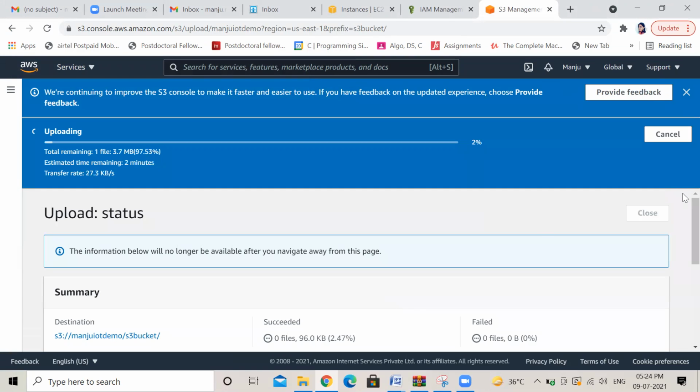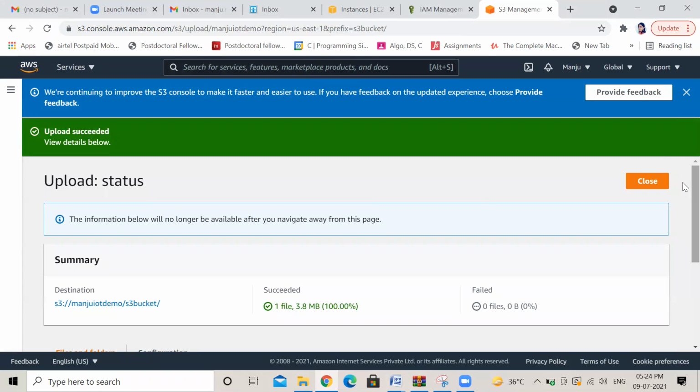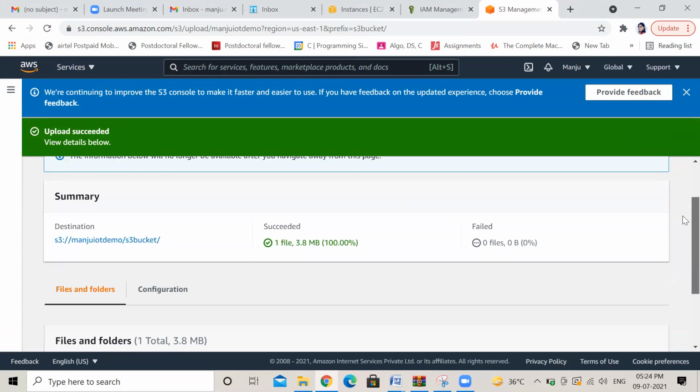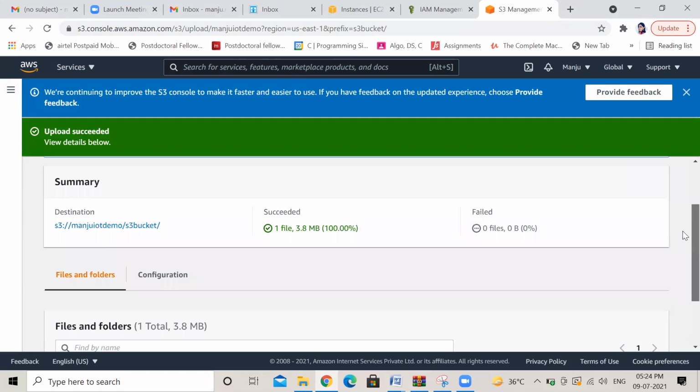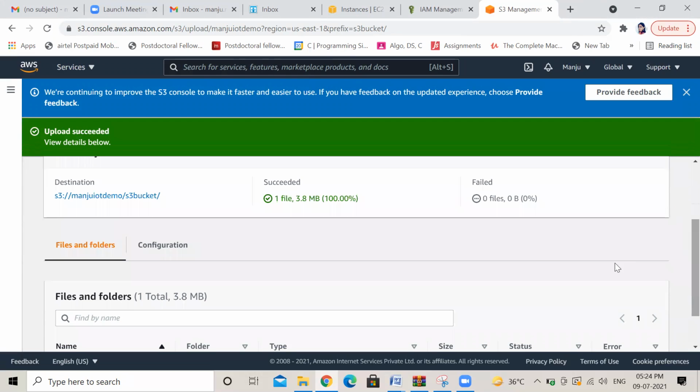It is uploading. Once it is uploaded successfully, we will get the message. Now here, see, it is uploaded successfully. The size of the file is 3.8 MB, and this is your path. When you use this path in Jupyter Notebook and so on, it will be able to read it directly from this path.